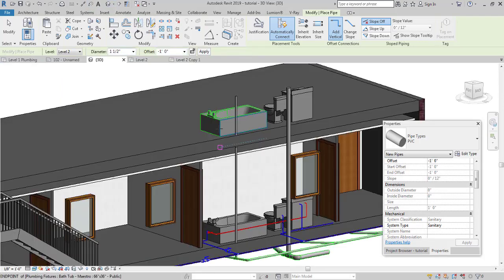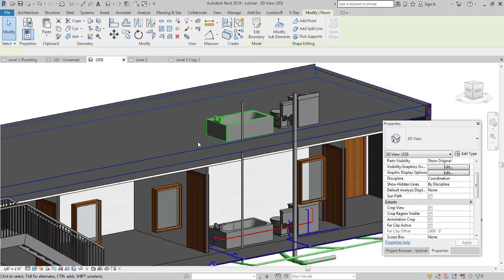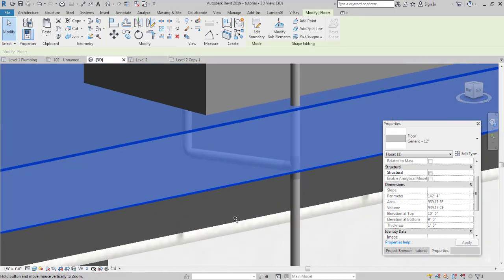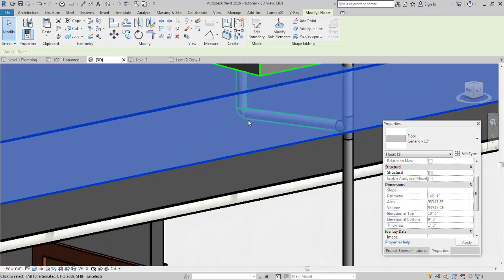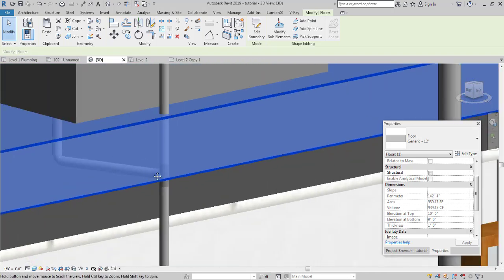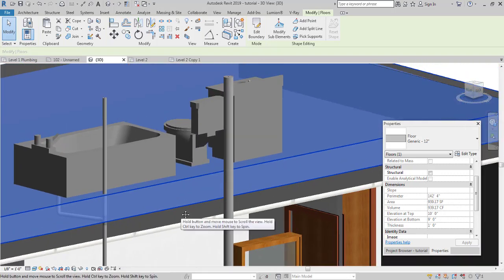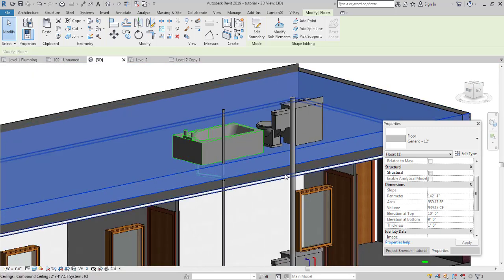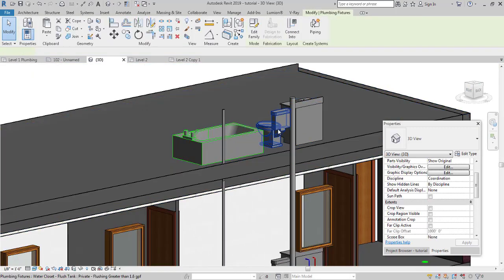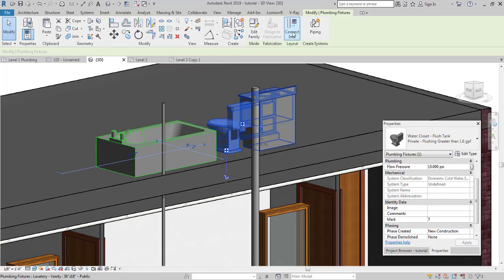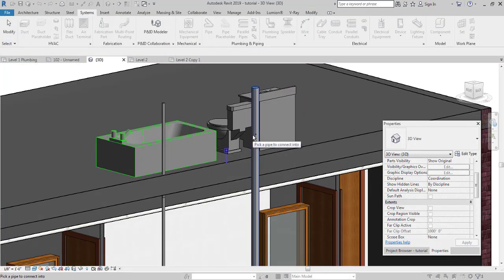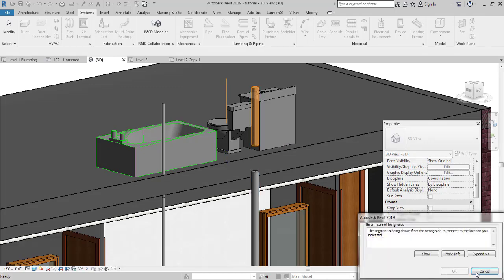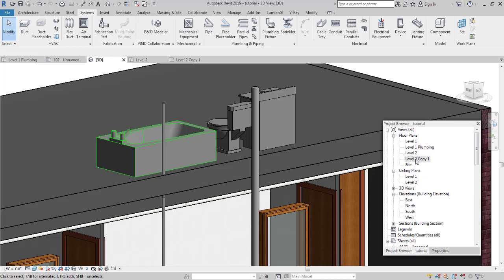Go to the 3D view over here, and is it? It is. It has been connected. As I mentioned previously, we won't be using 90-degree elbows or 90-degree T's because that is against plumbing codes. Let's try it out for the water closet. First, let's try this icon over here. Connect into sanitary. Okay, select this riser over here, giving us the same error. The segment is drawn from the wrong side. I don't know why it is doing that, but it's no problem.